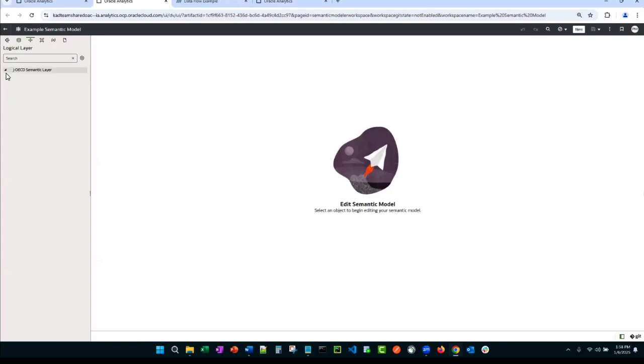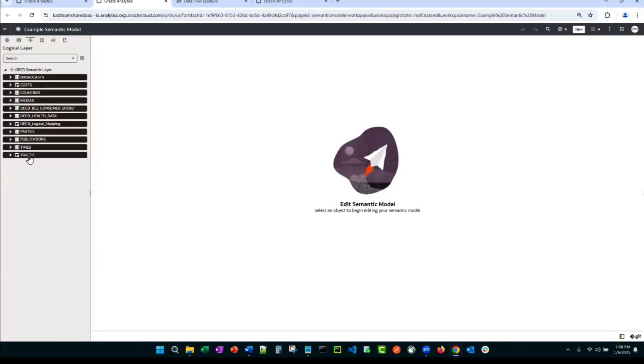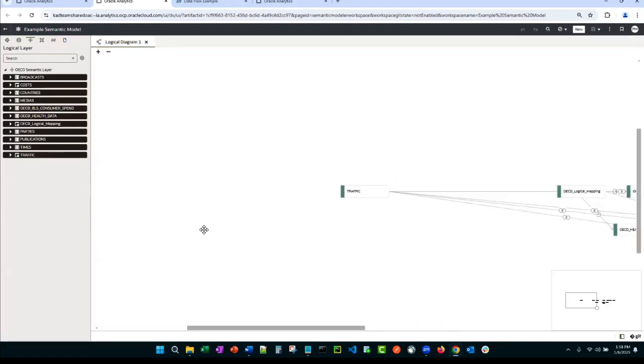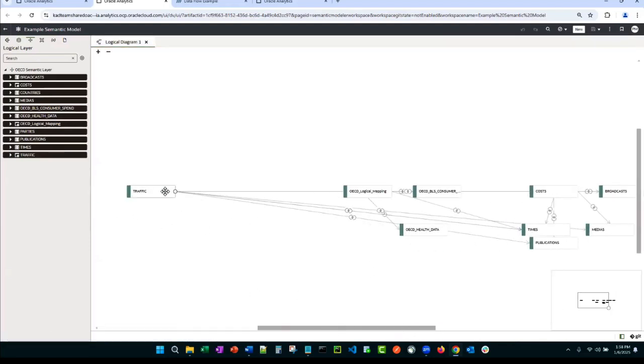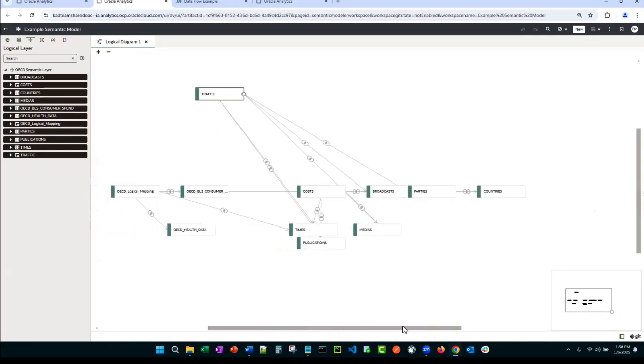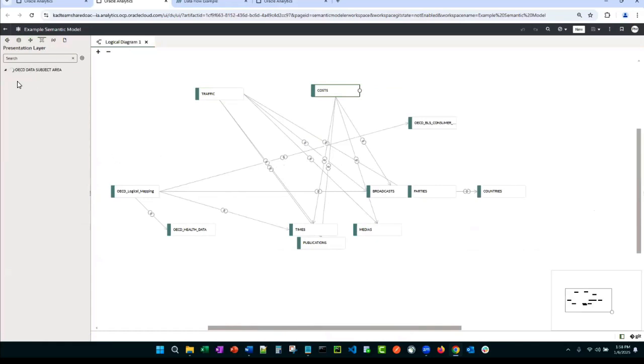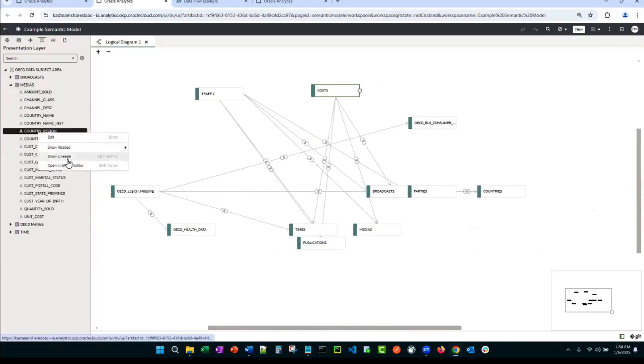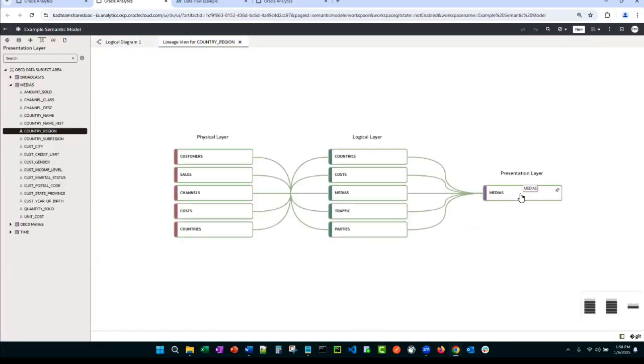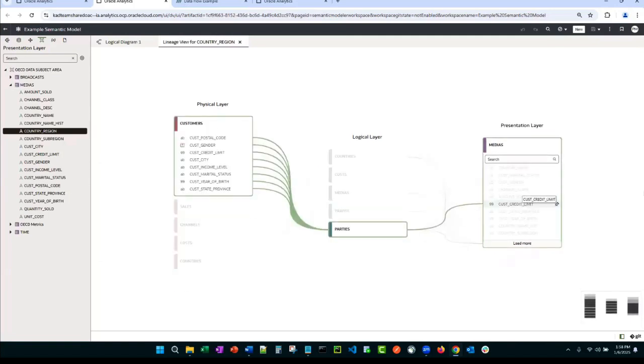You then do all of your aliasing, and you do all your joining, and I'll show you really quick. There's a lot of other tools in here to help you organize your data, whether you want to do it through a visual diagram to understand all of your joins within here, or maybe you want to look at lineage and understand how data got from one piece to another. And if I come into here and I say, show lineage, the platform will automatically show you where these data points come through.